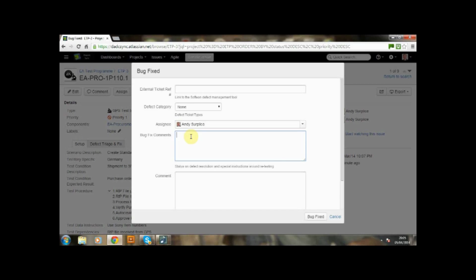This could be the case where, for instance, in an interface the overnight run was not completed for some reason, and therefore the recommendation to the tester is just to continue where you last left off. So let's select bug fixed,